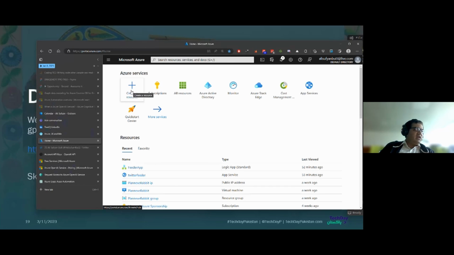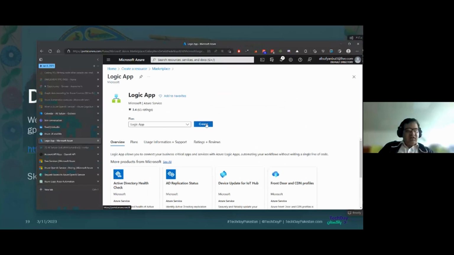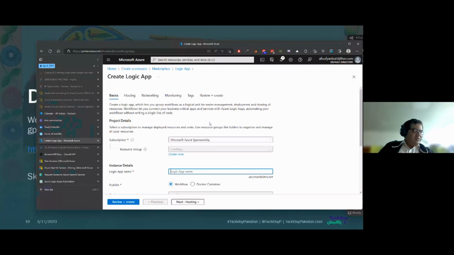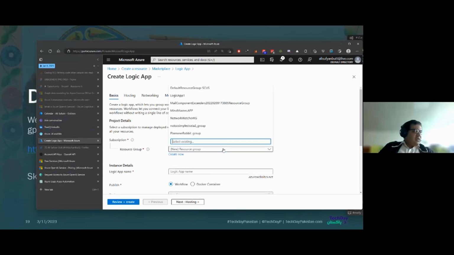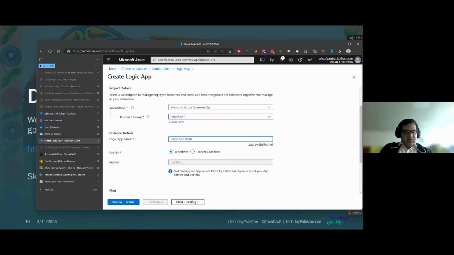let's first see how we can create a logic app. We go to the Azure portal and search for a logic app. From the marketplace, we can use this template from Microsoft. I think most of you would already know how to do it, but just for the sake of this demo, I'm repeating the steps. We can use any resource group here. We can give it a name, feed project,